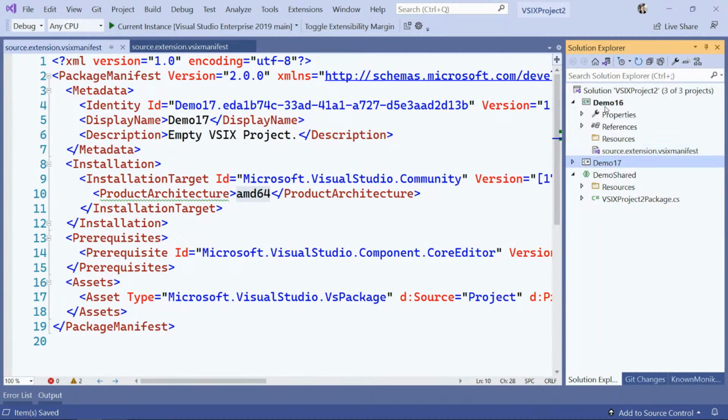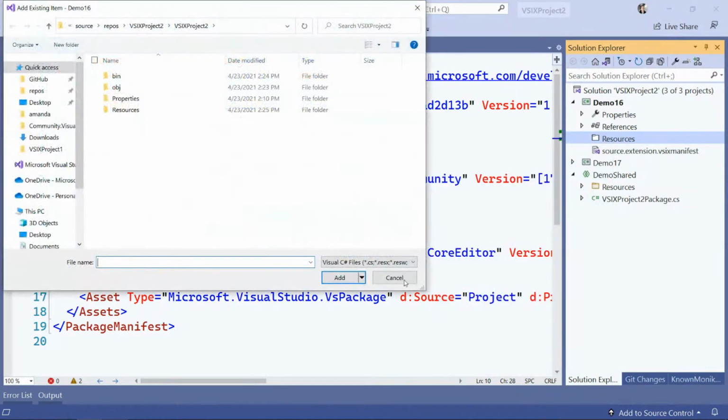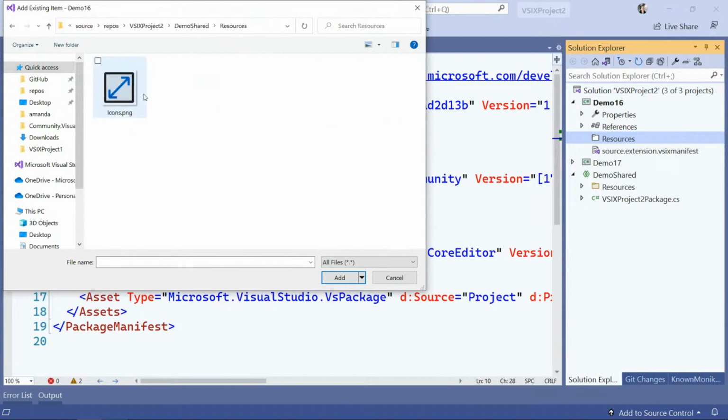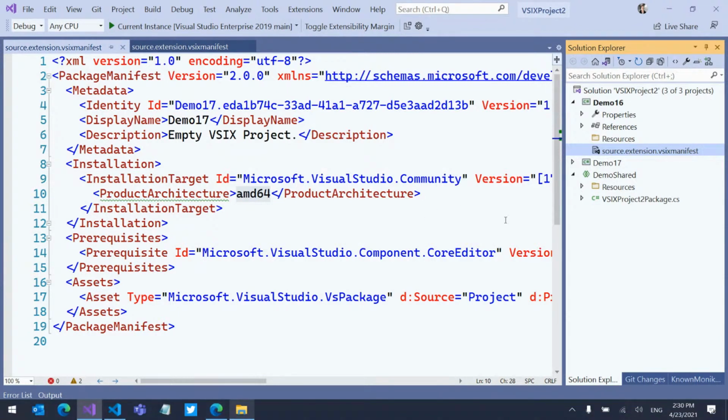But of course, there's going to be a few other differences. I just want to see if I can add this icon again. Because what was that about? That one. Add as a link. No. This is highly confusing to me. Okay. Well, I guess I could just put it in there, and then that'll be fine too.